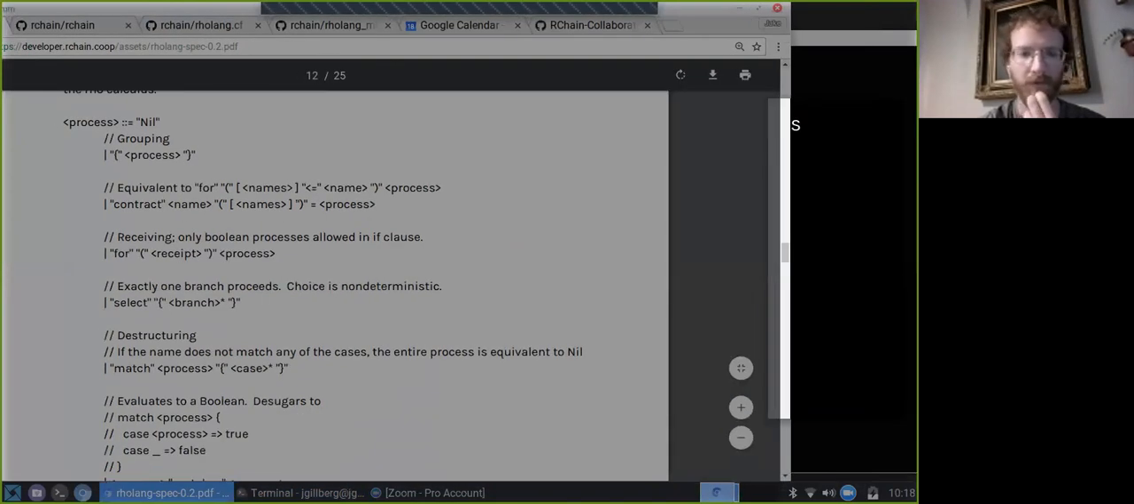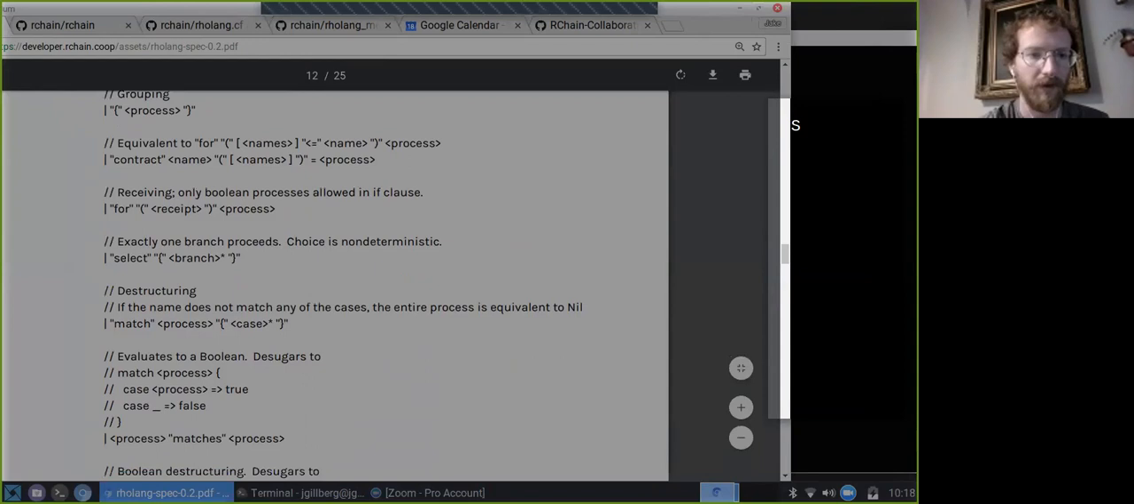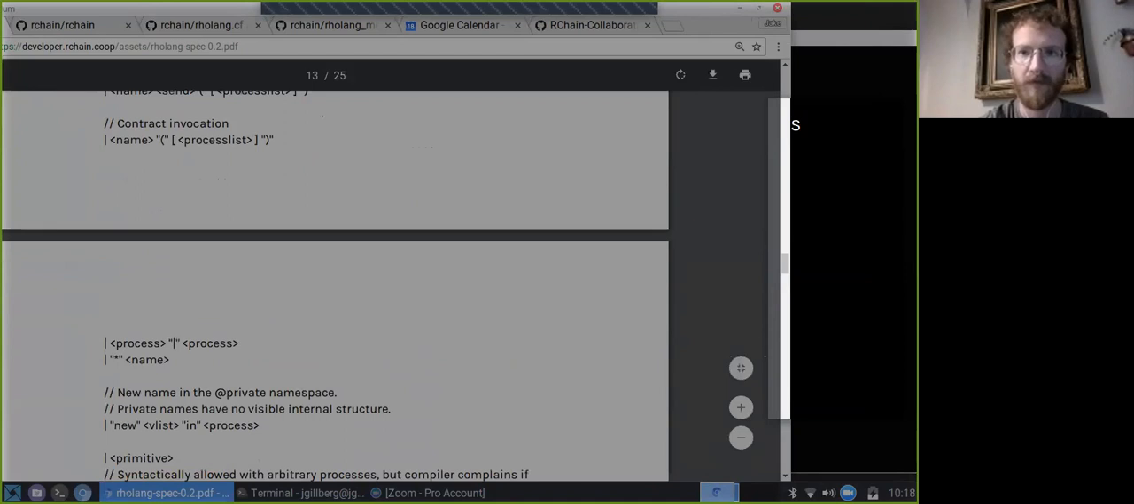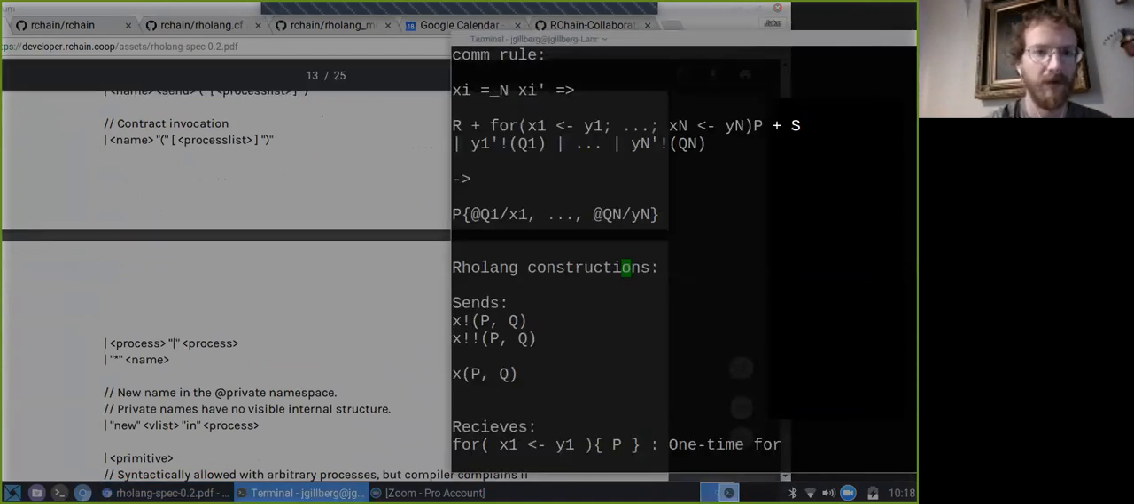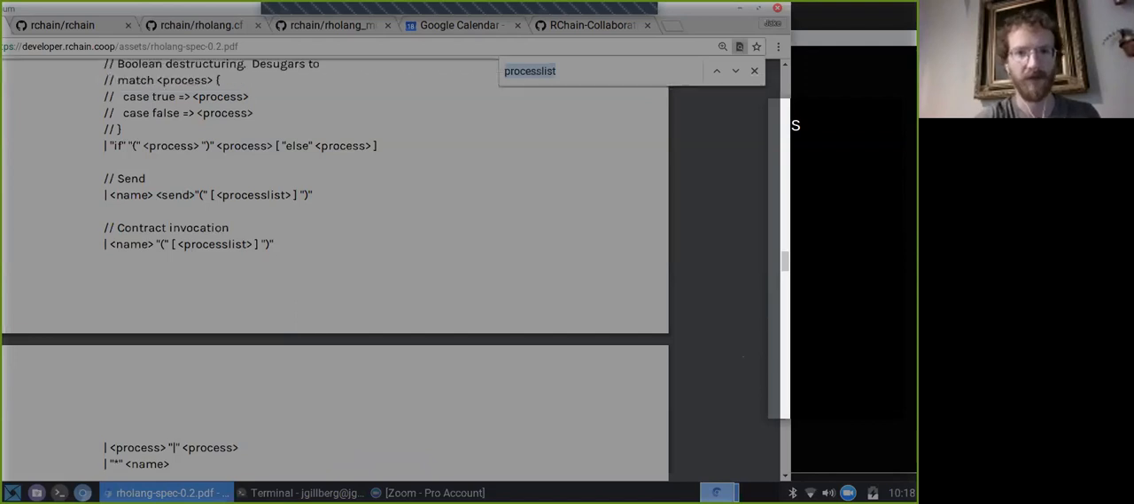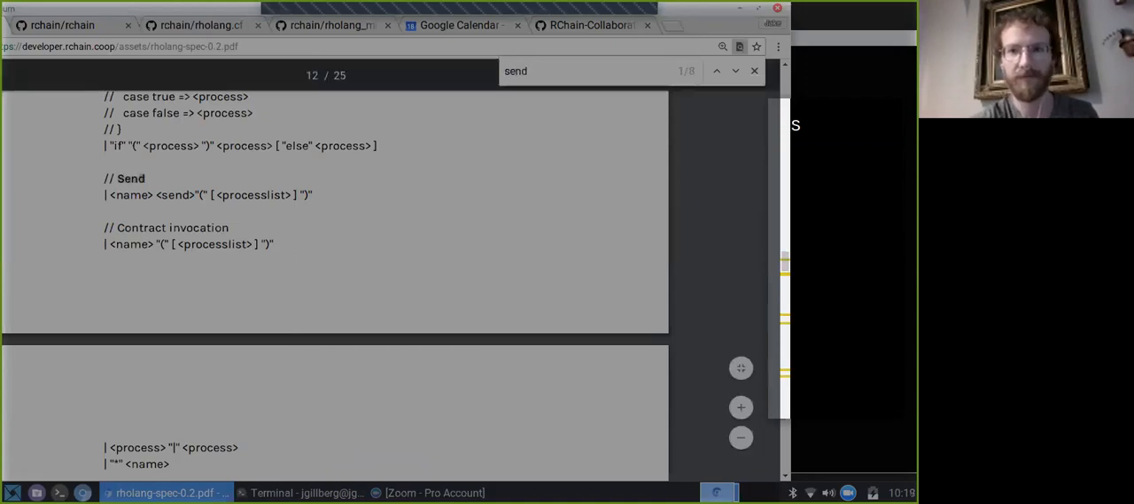So I made some quick examples. Let's go through. I think I put the sends in there first. Looking at this construction here, we have a name, whatever we use to denote a name, whatever we use to denote a send, and then a list of processes. So this is a definition that has other definitions embedded into it. If we look at what send is,